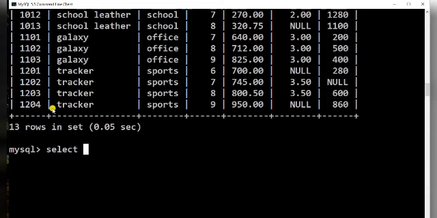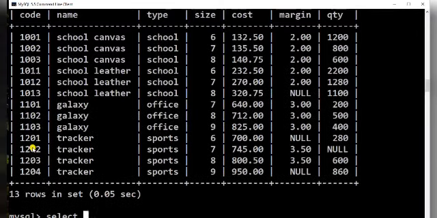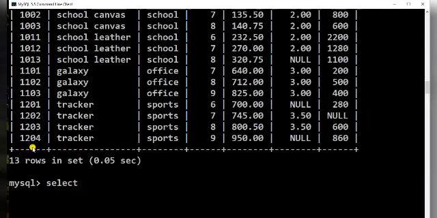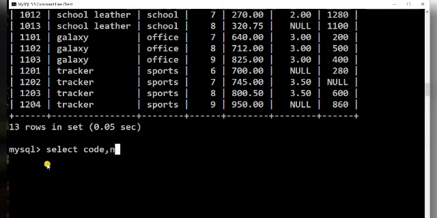Select code, name and size raised to power 2, or you can say margin raised to power 2. So I'm selecting code, name, comma power, margin. I have written the name of the column, comma 2.